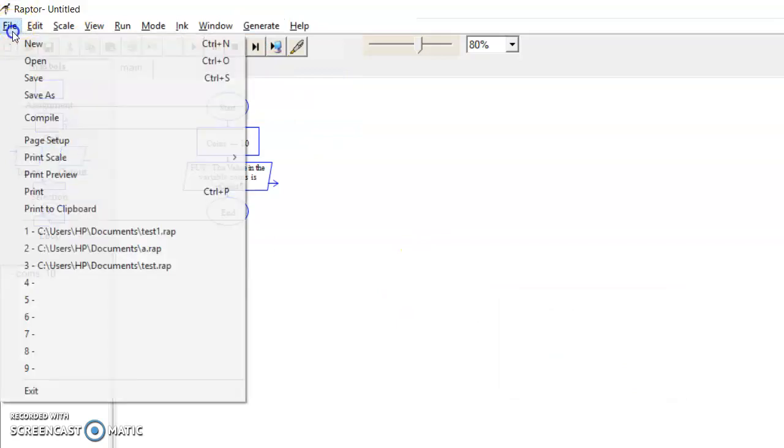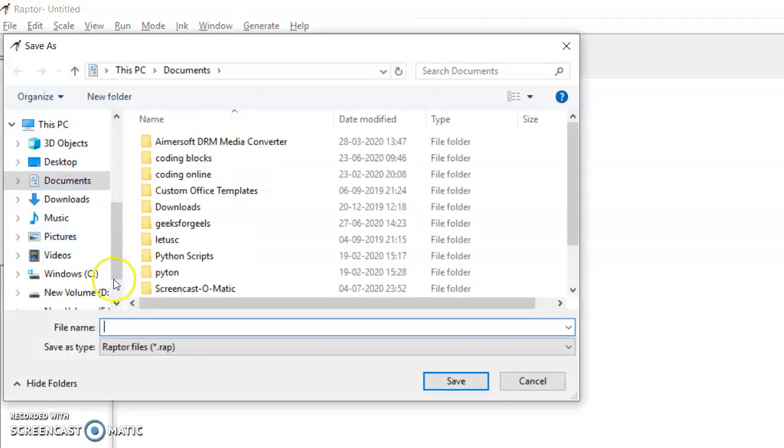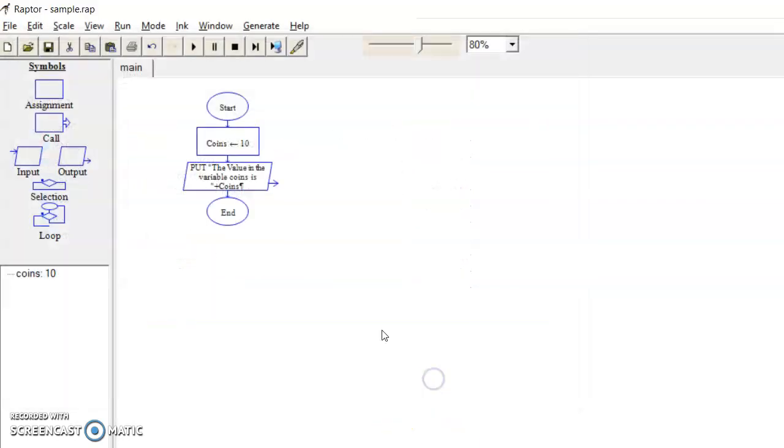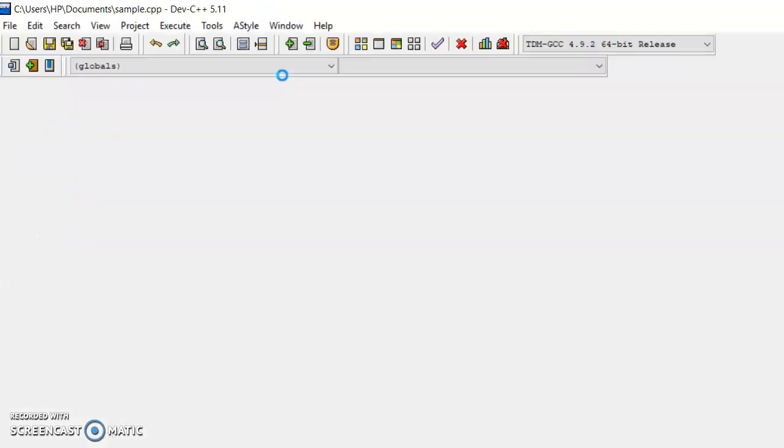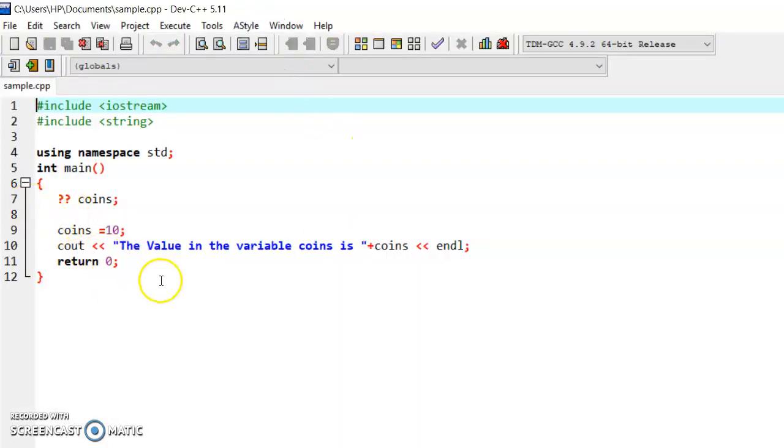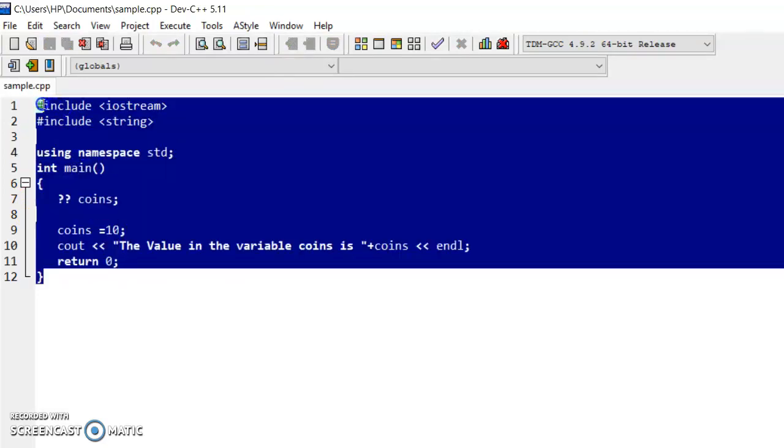So I need to save this one again. Sample, save. Now generate C++. Now you get the code in C++. That means we can generate code from the flowchart by using a tool called Raptor.